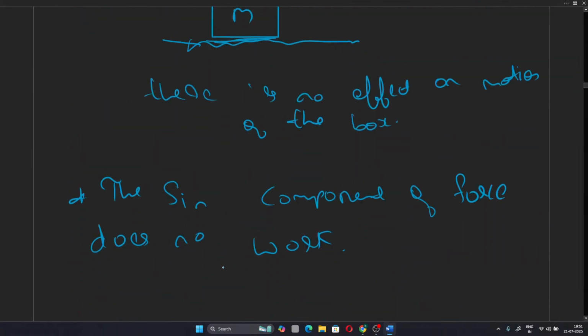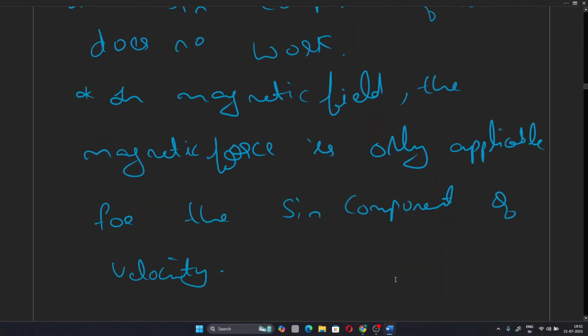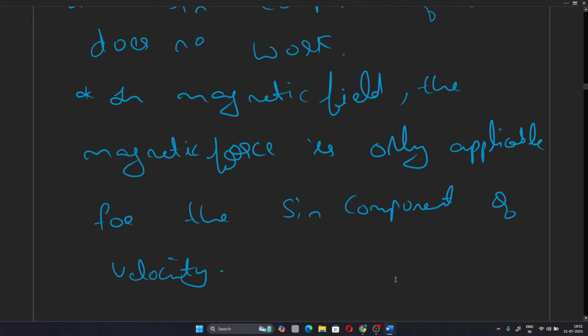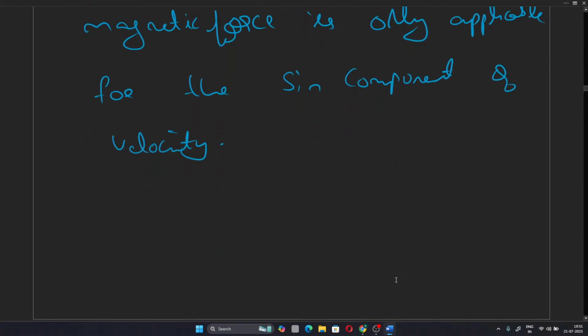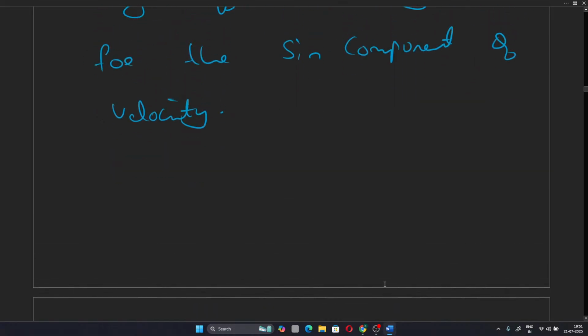When we observe both statements, the sine component does no work, and in magnitude the magnetic force is only applicable for the sine component. This is the angle between velocity and magnetic field, and the force is only in the sine direction, or 90 degrees perpendicular. So in such a case, only the sine component we take. So we can draw a conclusion: